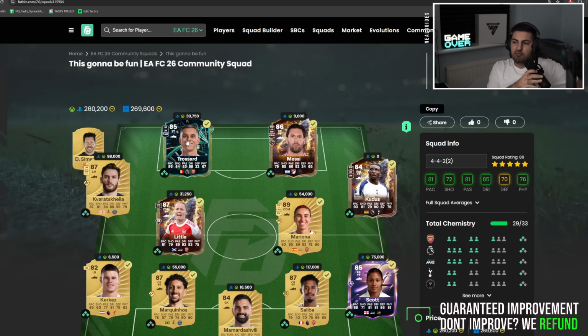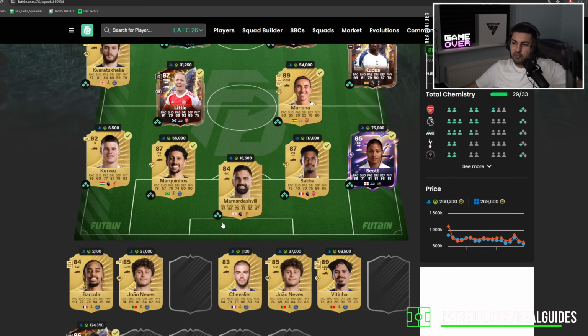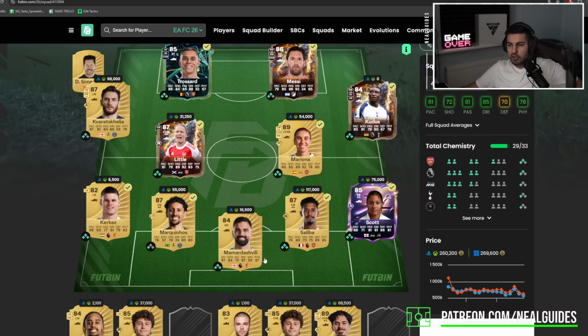Now, what about building around an evolution? People say, no, I've got an evolution. What do I do here? And I think with the Cornerstones card, it does give you that benefit. I think this is a good team. I think the only thing I would do really here is I'd probably go with, okay,